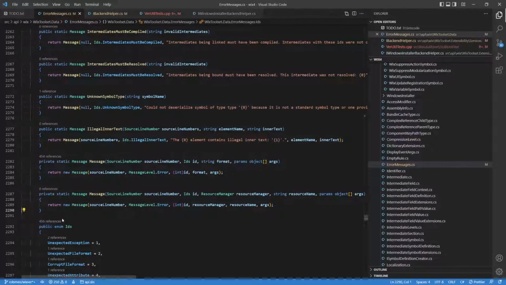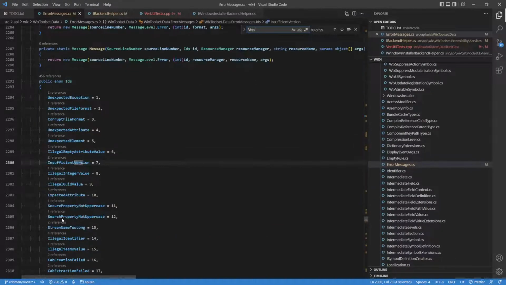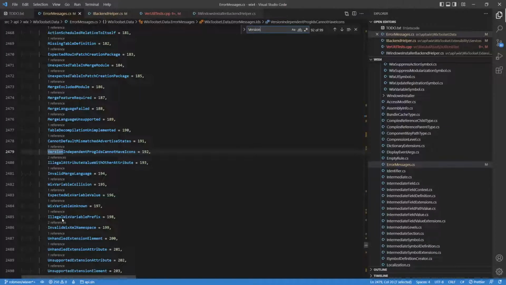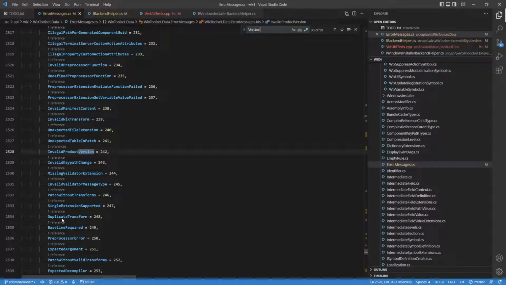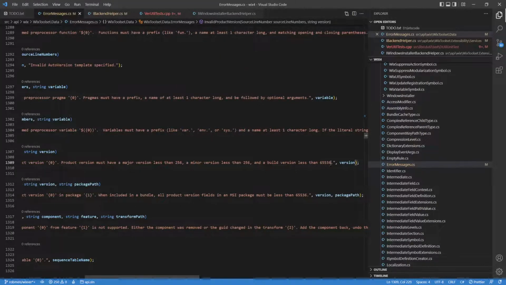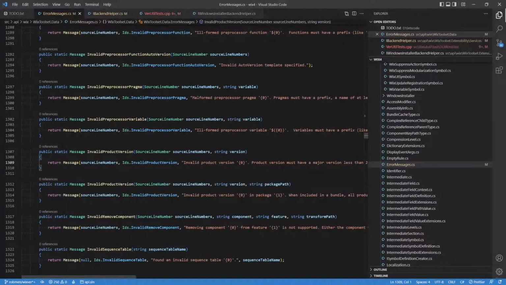And I'm looking for error messages that have the word version in them. Version. Thank you. Illegal version, version mismatch, invalid product version. Hey, we do have one. Let's see. Invalid product version. Product version must have at least major version, and a version less than that. Okay, so that says that we do have invalid product version,